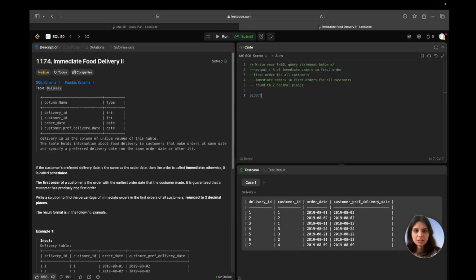Let's start writing the query. So we select star from delivery, and first we'll go step by step. So first we'll try to find out the first order for all customers. So I'll just write customer ID and then their order date,